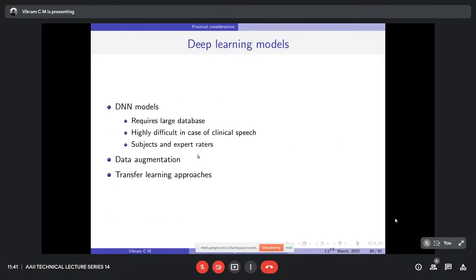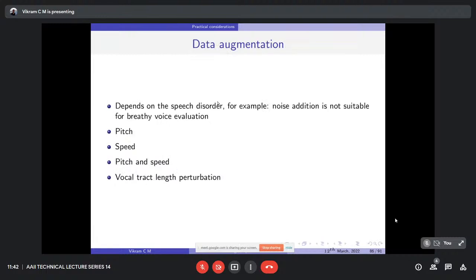Once it comes to deep learning models, we need to have a lot of data. Practically, in clinical speech we won't get such a large amount of data to train our deep learning model. So there are two approaches. One is transfer learning or model transfer approaches. That means the model is trained on healthy speech data, that is, largely publicly available healthy speech databases, and then we use fine-tuning techniques to adapt it for the clinical speech. Another one is data augmentation. I just explained both approaches for the hypernasality case study.